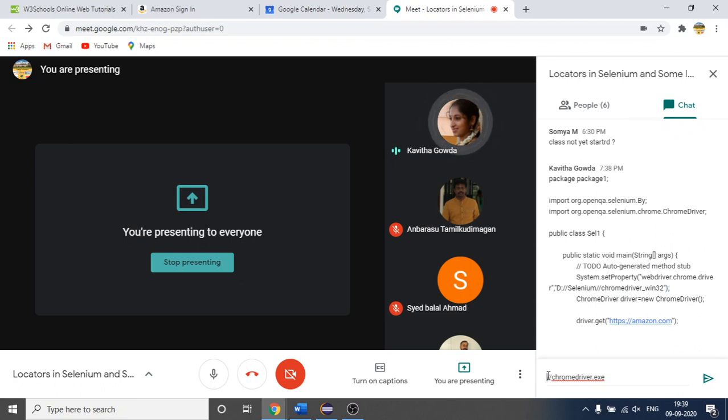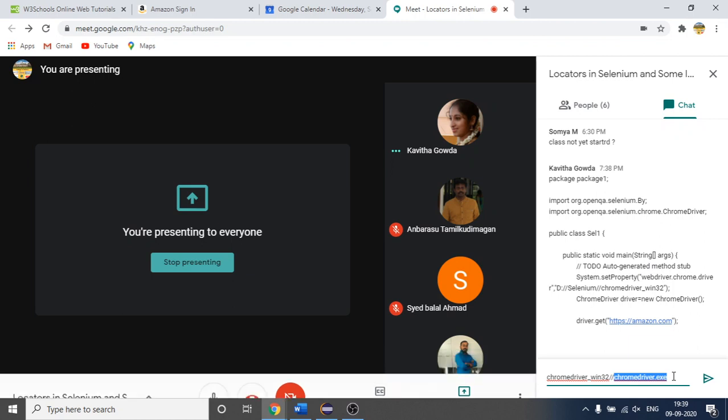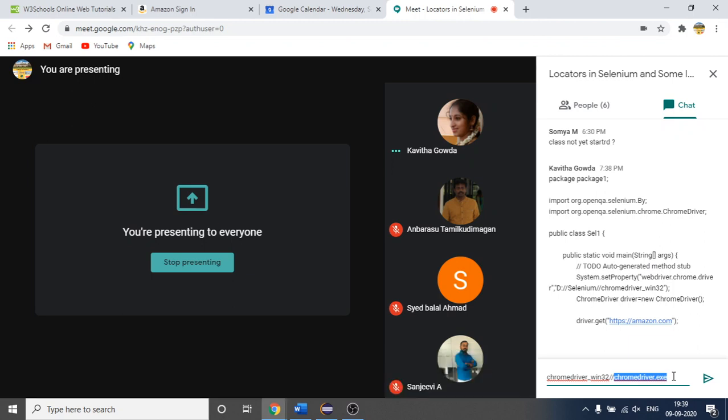See, this is a very small issue. You do not have to share your screen. Just write the full path, and after that full path, provide the file name with the extension. .exe is the one, and that will run your Chrome browser. This is the only mistake you have made. Try it, and let me know.